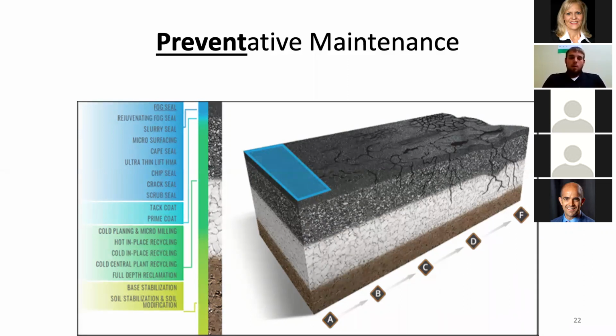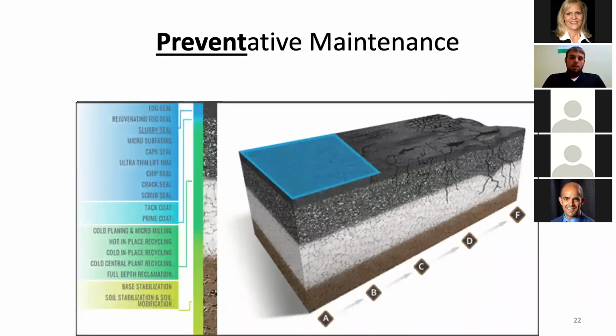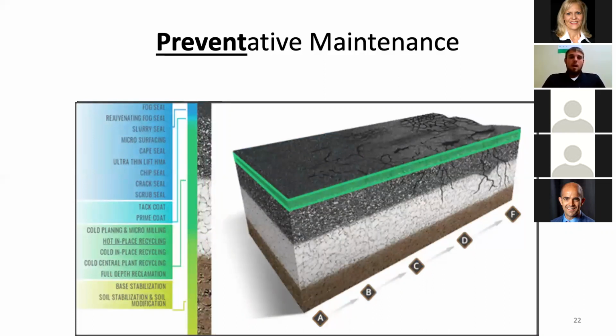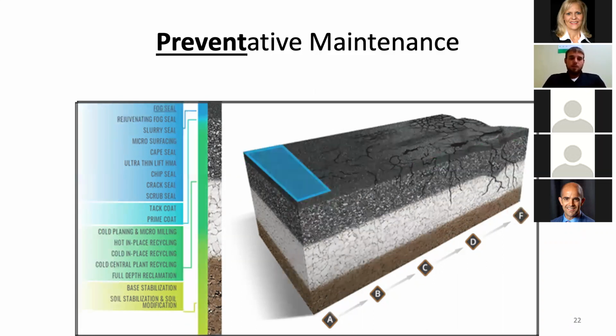There are many processes, including cape seals or chip seals, that come along farther out in the life cycle when cracking occurs. But to really get the full benefits of a rejuvenator, the earlier in the life cycle a rejuvenator is applied, the better value we see the customer getting. So when we talk about applying rejuvenating fog seals, we like to always come back to the earlier the better, just like changing oil in your car. You want to get on it right away, before the engine starts knocking. So next slide.